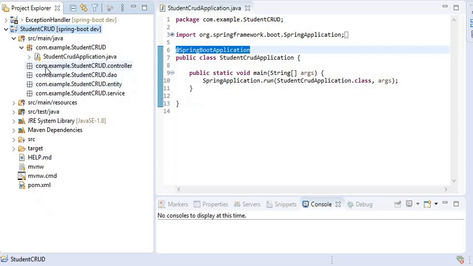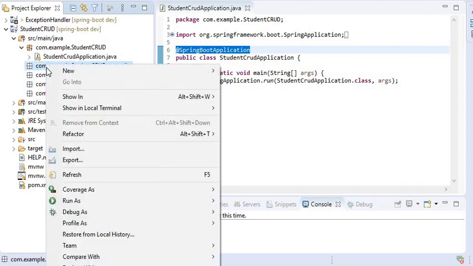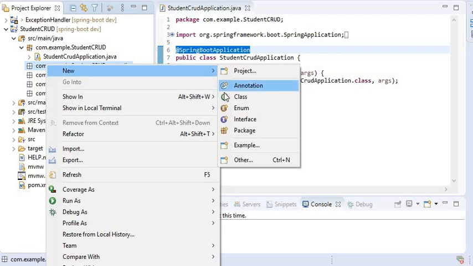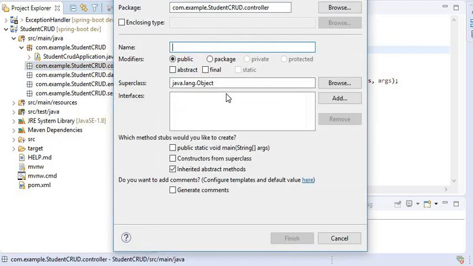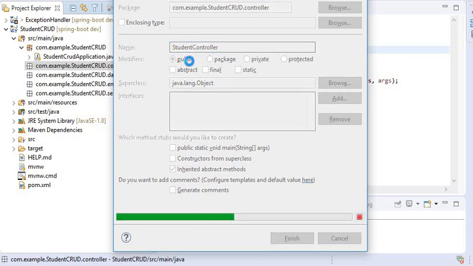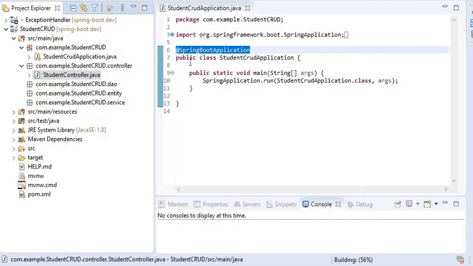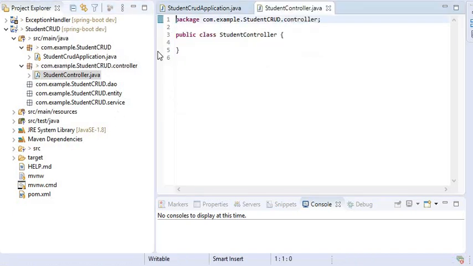Now I will go to my controller, and here I will create one class, that is student controller, and inside my student controller I will create the REST endpoints that will be used to perform the CRUD API operations.